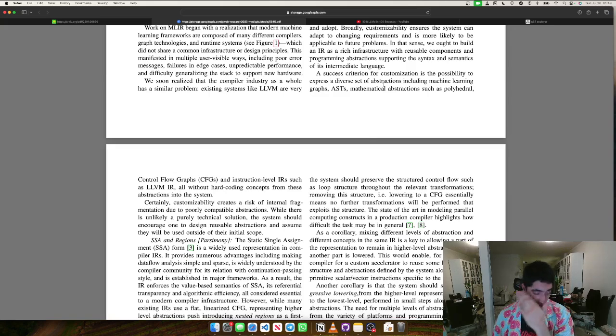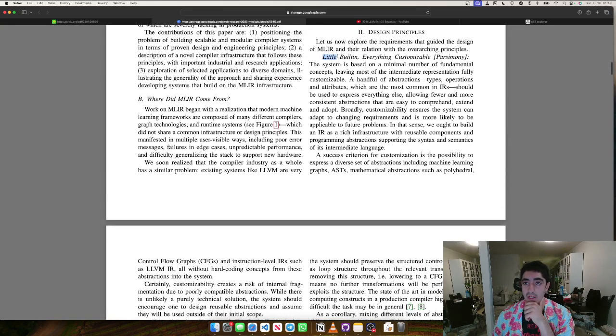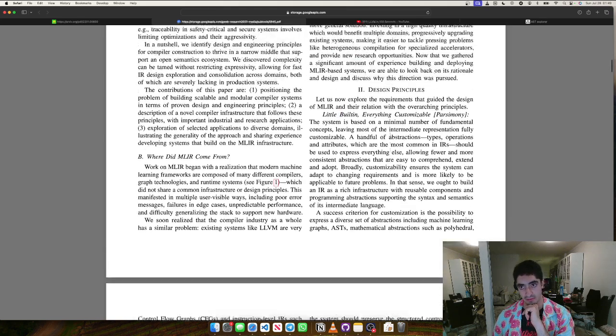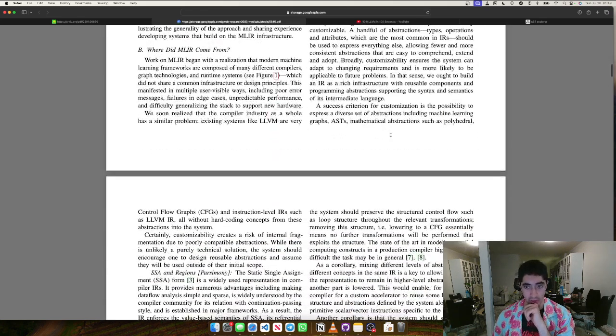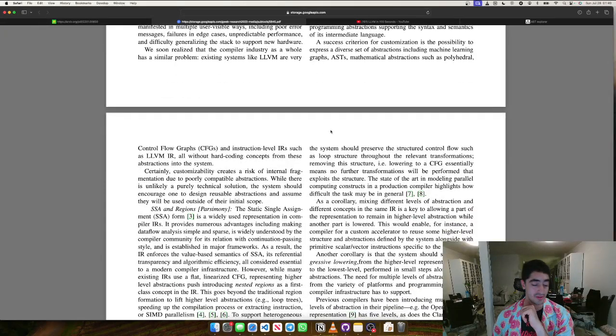Basically, I think from this paragraph, the parsimony part is that the intermediate representation of the language should be customizable. So if you're writing a language or you're designing a backend, then you can use MLIR to make your design